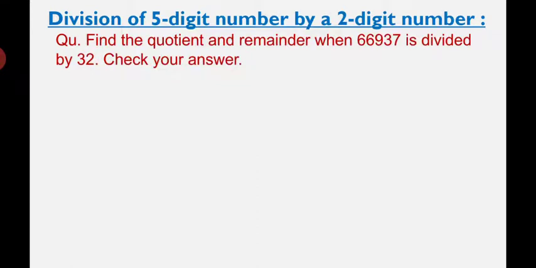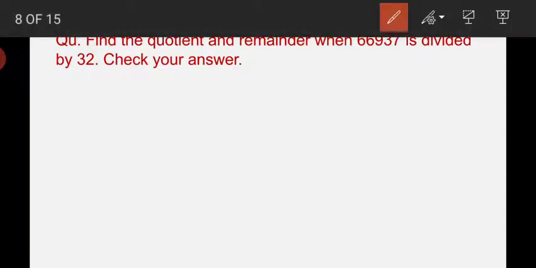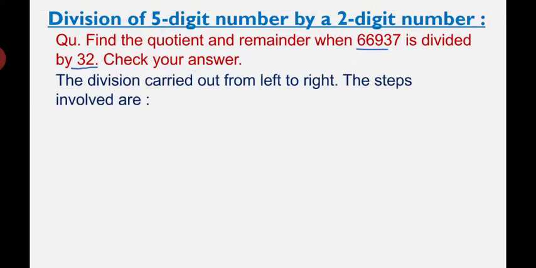The question: find the quotient and remainder when 66,937 is divided by 32, and check your answer also. We have to divide these two numbers, 66,937 by 32, and we have to check the answer also. So while we are dividing,